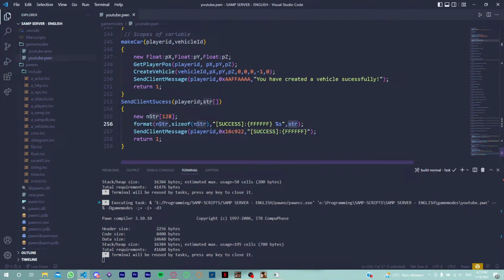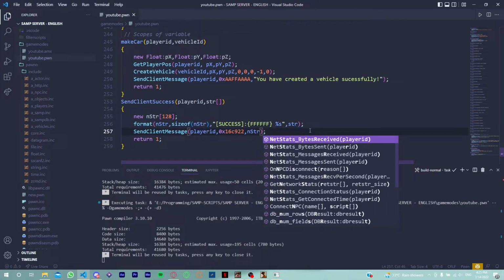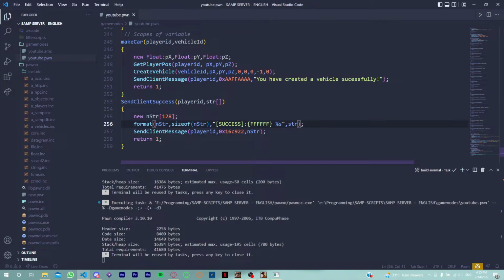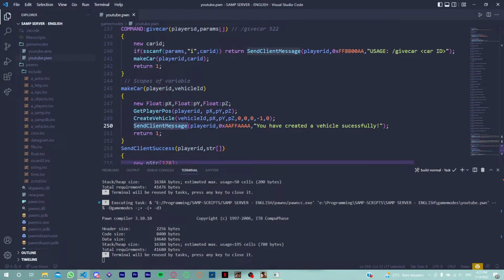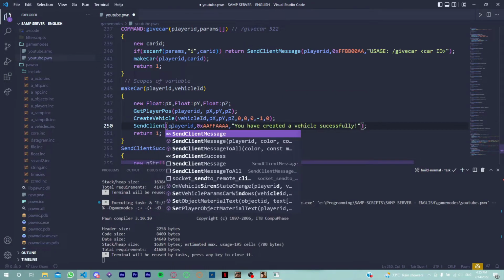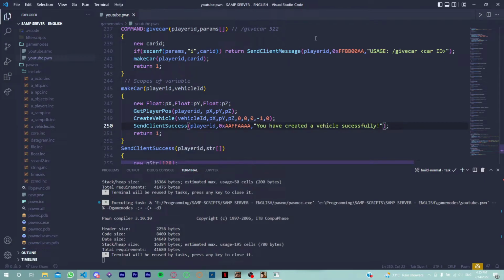You just forget, I guess. This is what the user has passed us. Okay, so we get the format, and we will just send the string here. So this is how we can make a send client success command, and rather than writing this, I will write send client success, and